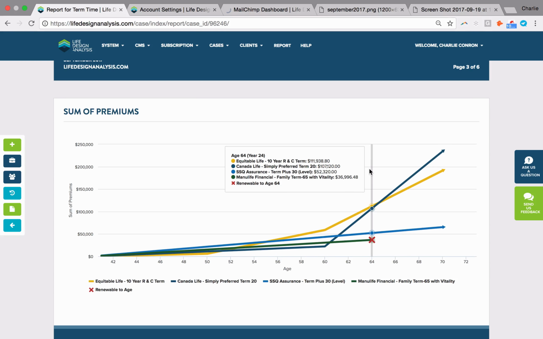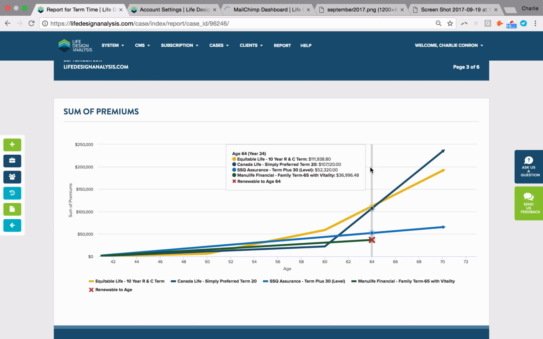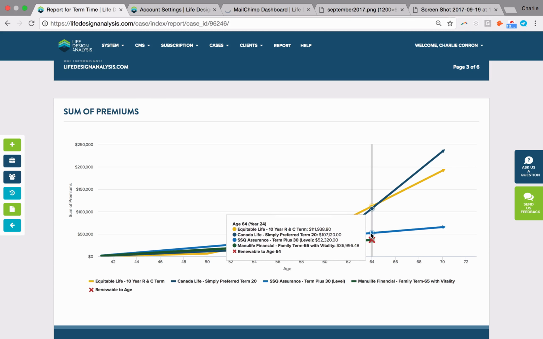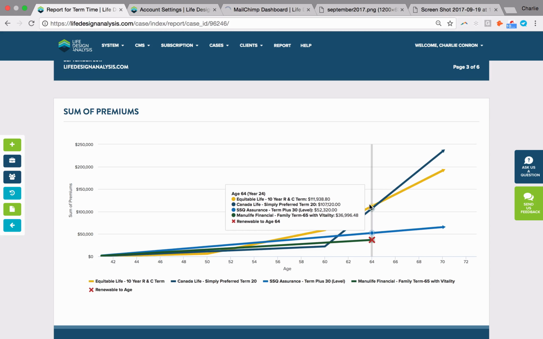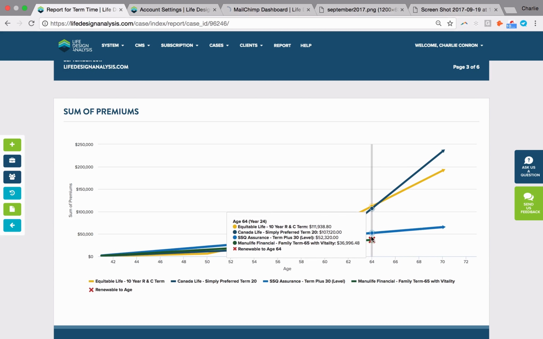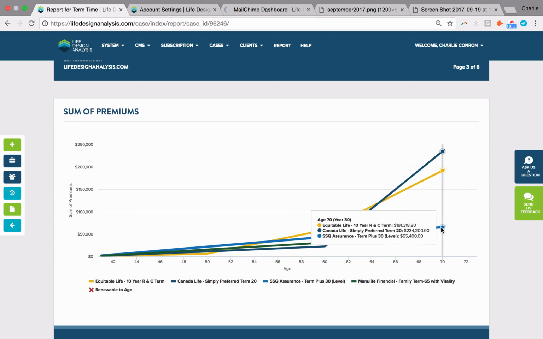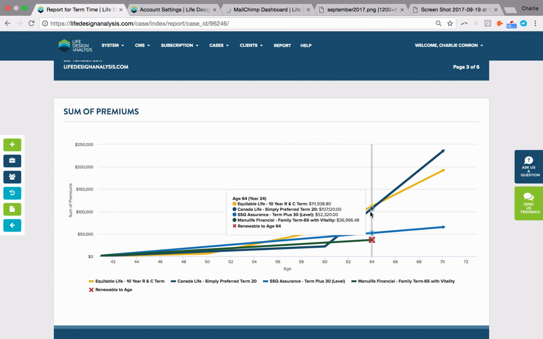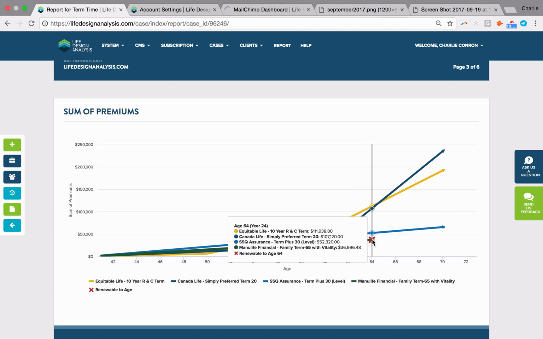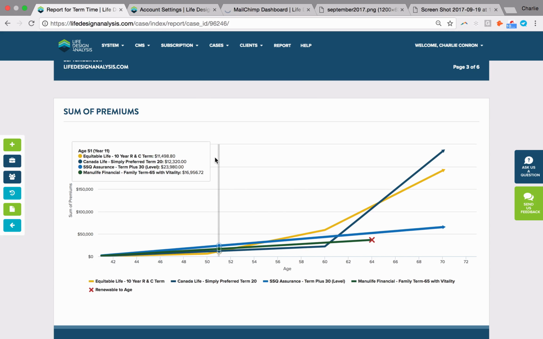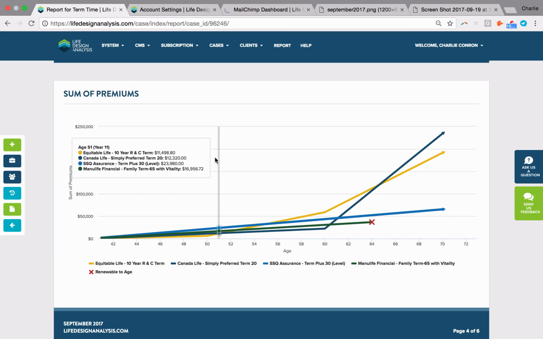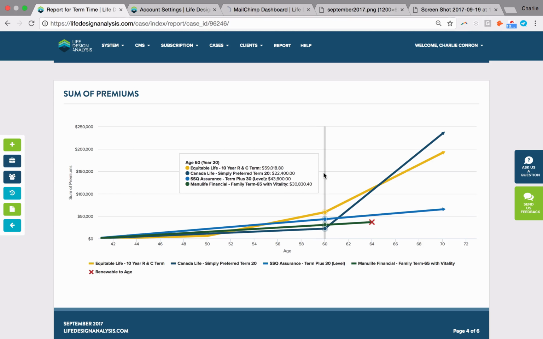And again, this is a very interesting comparison because we've got two really good options if our plan is to retire at, say, 65, or if we're thinking we don't need insurance. Again, we can see these prices are actually very close, but with the term 30, it's going to hit the renewal mark here, but if we actually lapse it at 70, we're going to have two really good options. But the T65 is actually quite affordable, which I find is quite nice about the plan. So again, when we're asking our clients, when do you want your insurance to end, some of them may say when I retire, and this makes a great strategy of term products to present.